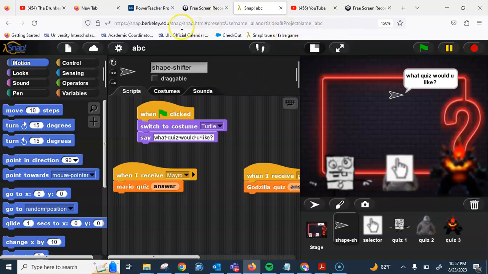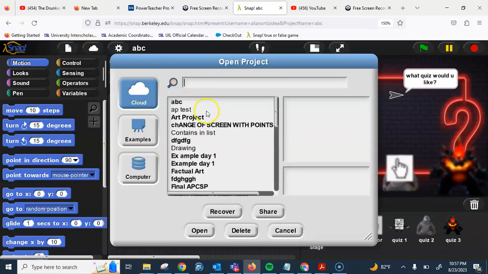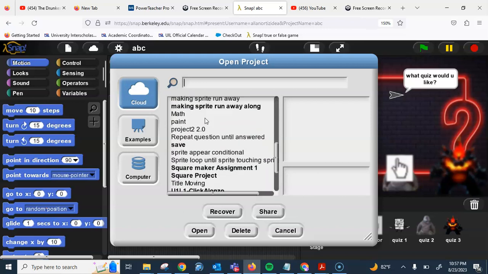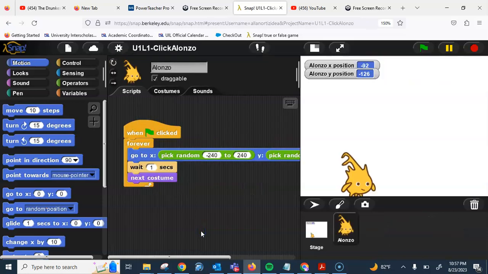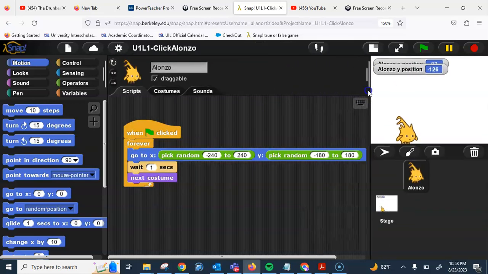Go ahead and open up Snap. Make sure you are logged in. Here I am already logged in. I'm going to go to File, and I'm going to go to Open. And you should already have the U1, L1, click Alonzo game that you can go ahead and open. Alright, so then I have something like this. This, of course, was from the last lesson